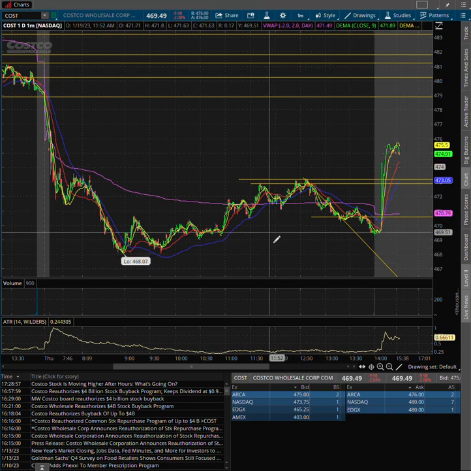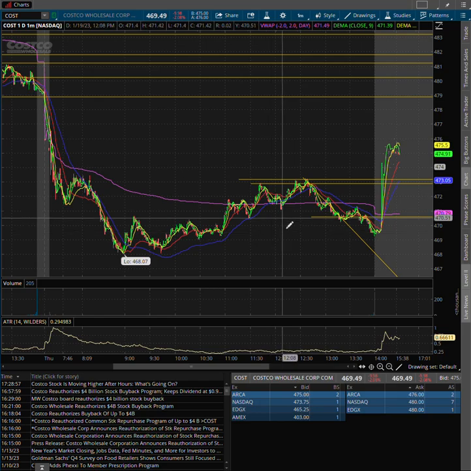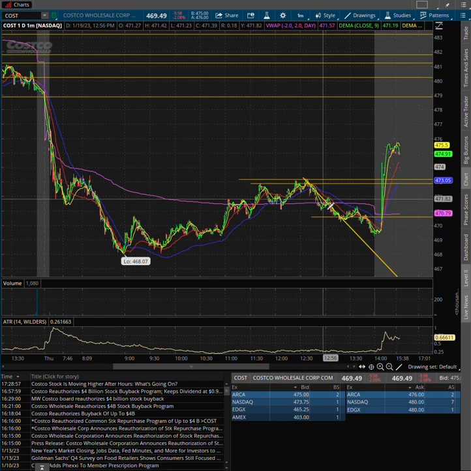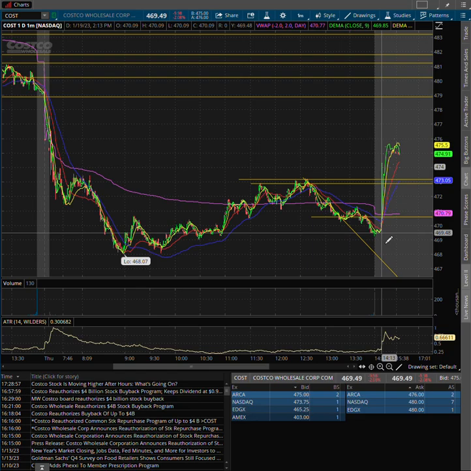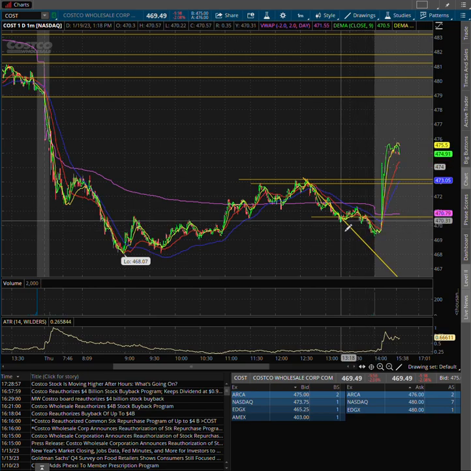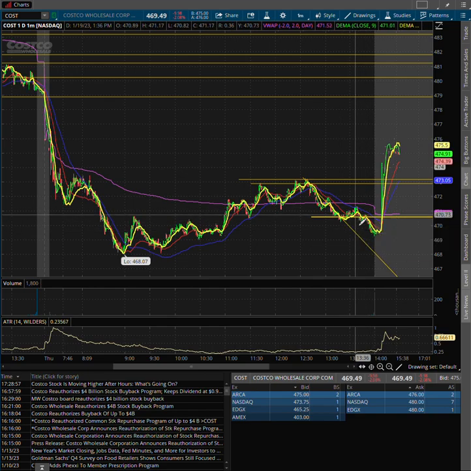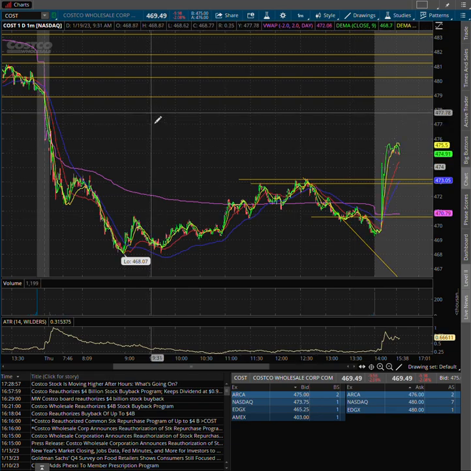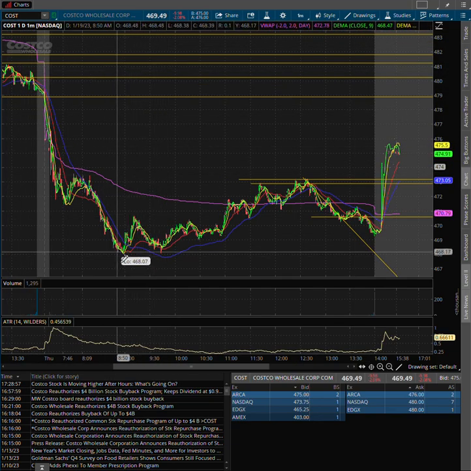where I tend to accumulate and then start to lose, but I hold on until the last moment. This is something that I need to fix. This is Costco, and Costco